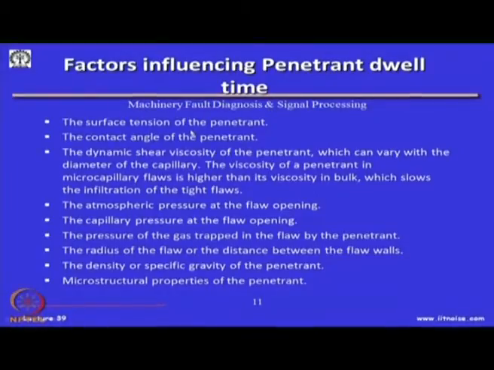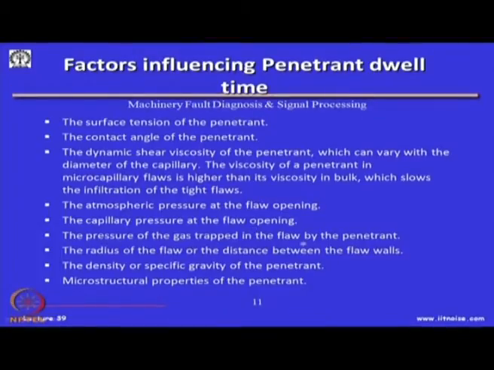So, the factors influencing the penetrant dwell time are the surface tension of the penetrant, the contact angle of the penetrant, and the dynamic shear viscosity of the penetrant, which can vary with the diameter of the capillary. The viscosity of a penetrant in microcapillary flaws is higher than its viscosity in bulk, which slows the infiltration of the tight flaws. The atmospheric pressure at the flow opening, the capillary pressure at the flow opening, the pressure of